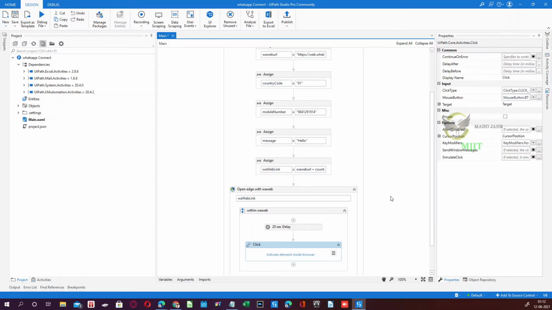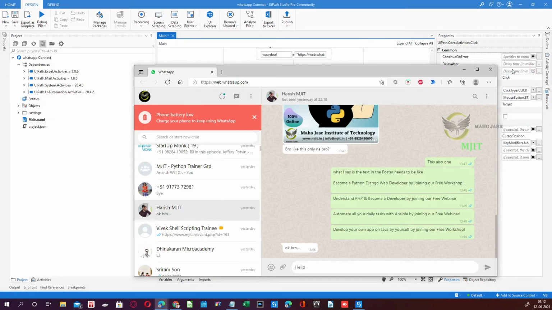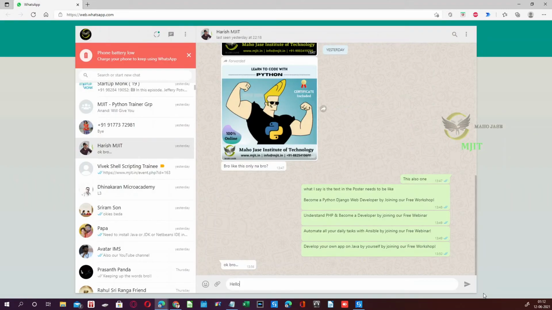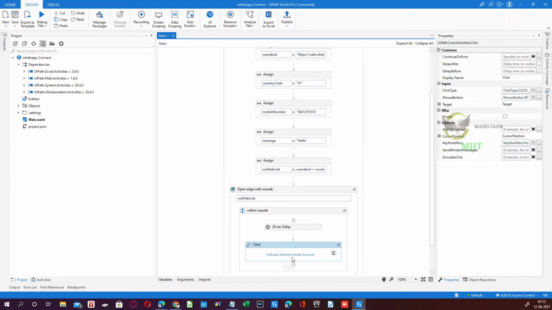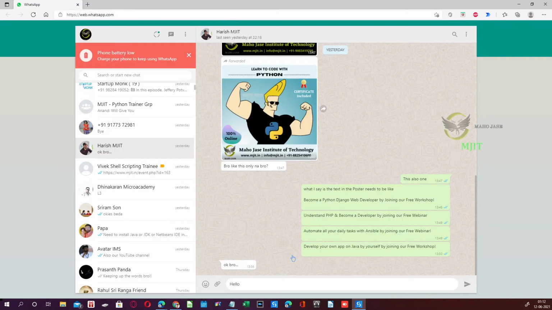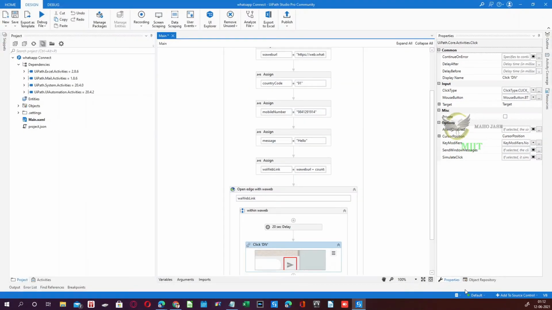So now we need to indicate where the click is. This fellow got opened up, so I'm maximizing. So this click button, it needs to click. Indicate element inside the browser. Click on it. It opens. Because I have not closed the browser, the open browser is automatically available. This click button is there. I just need to select this location. Just do a left click, that's all. So in that screen it will highlight the send button with a red color mark.